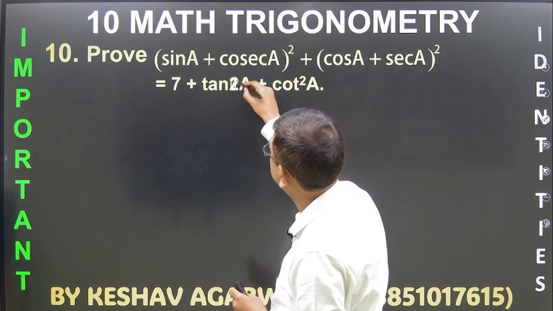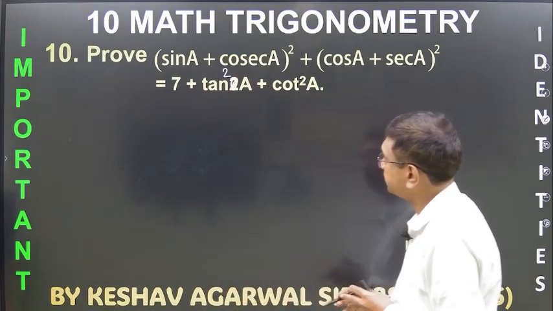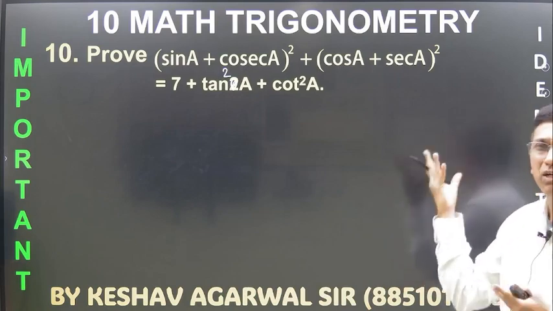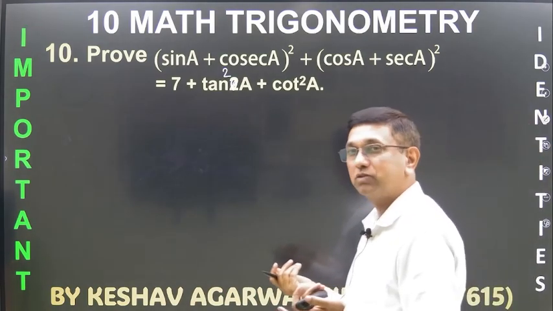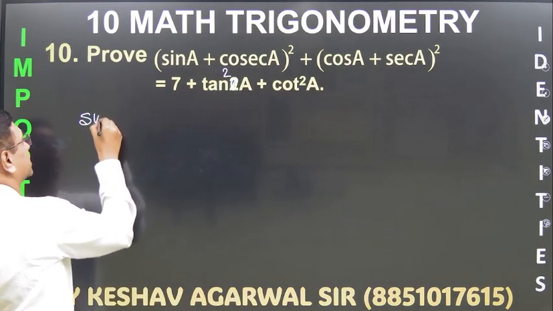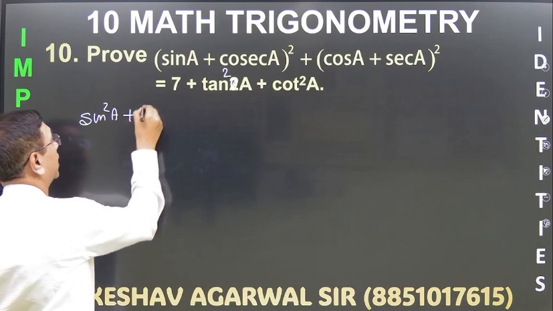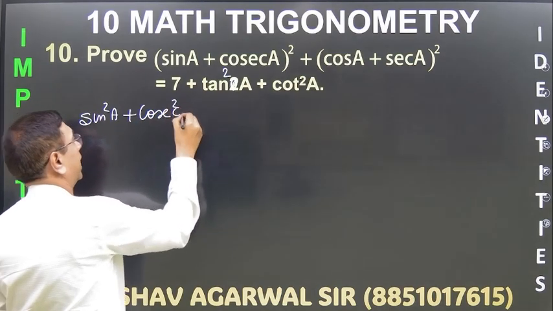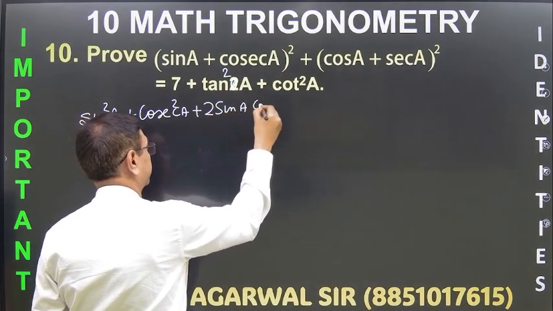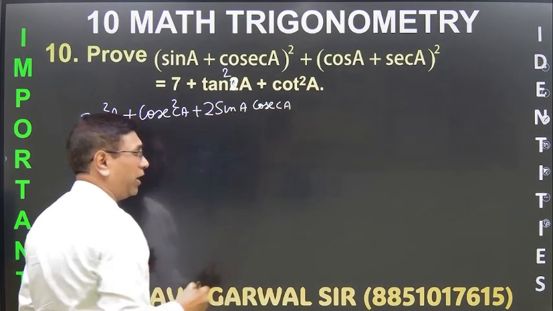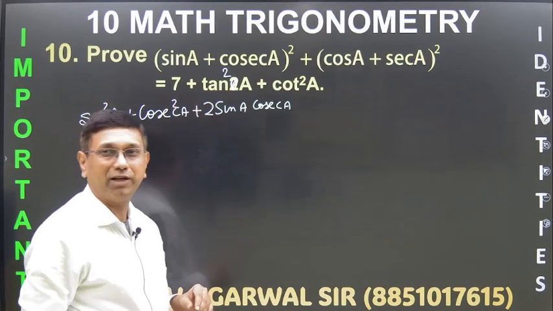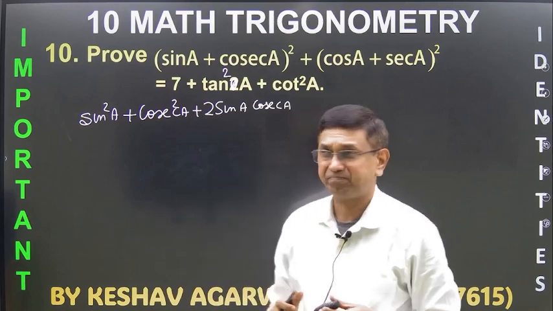यहां पर थोड़ी सी गलती हो गई है, tan स्क्वायर a होगा. तो अब देखते हैं कि (sin a plus cosec a) का स्क्वायर plus (cos a plus sec a) का स्क्वायर चल रहा है, तो इसमें तो सिंपल करो, a plus b का स्क्वायर ओपन कर लेते हैं, है ना. So why think so much? So you'll get sine square a, then you will get cosec square a, and you will get 2 sin a cosec a. And you know cosec is 1 by sin, तो ये अल्टीमेटली 2 हो जाएगा.